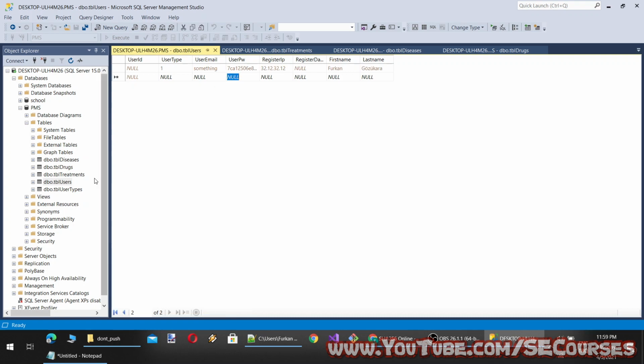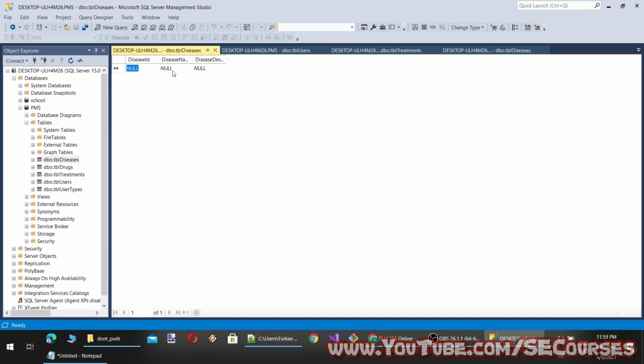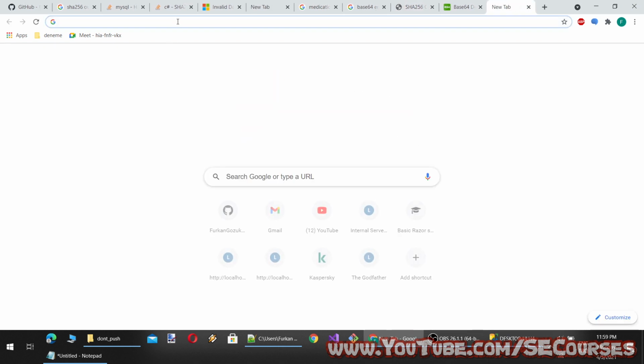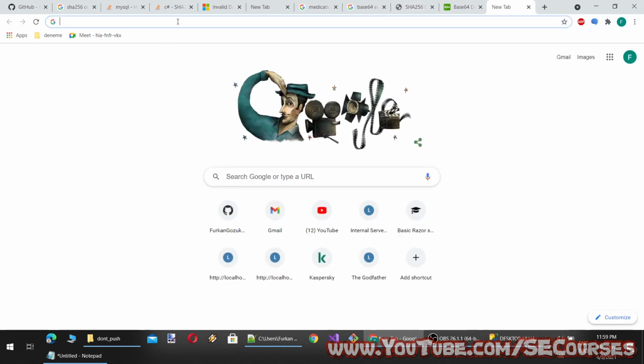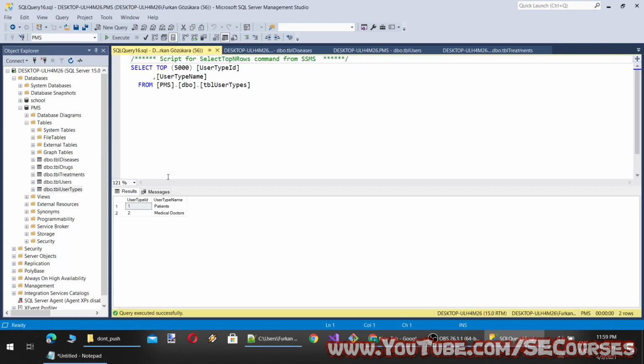Okay, now we have the first user and let's add a disease. For example, disease ID, disease name. Let's say coronavirus. Yeah, corona. It is COVID-19. Very dangerous. Be careful. Okay, now I have a disease ID and I need also another user because I currently have one patient and then I need also a medical doctor.